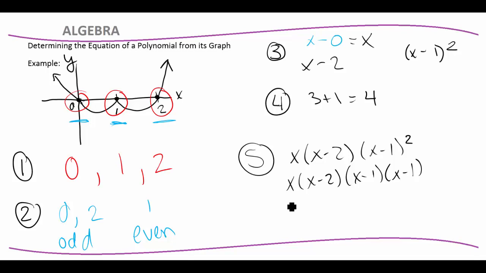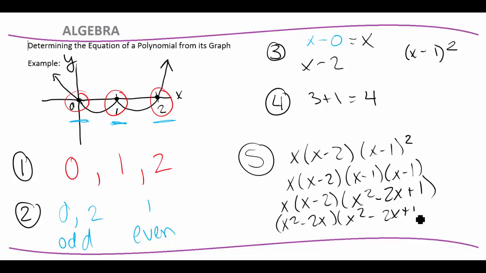And then I'm going to multiply out the x minus 1 times x minus 1, so we have x times x minus 2 times x squared minus 2x plus 1. And now I'm going to multiply these first two together, so we're going to get x squared minus 2x, and this is going to be multiplied by x squared minus 2x plus 1. And now let's multiply them all together. We're going to get x to the 4th minus 4x cubed plus 5x squared minus 2x, which is a polynomial